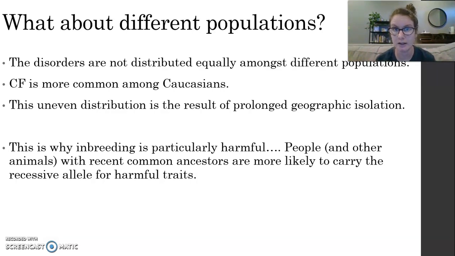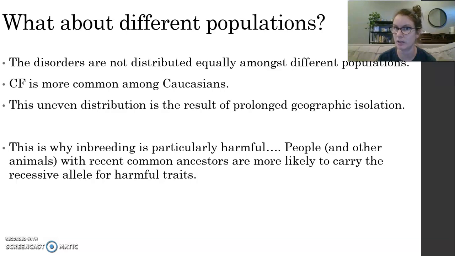On the other hand, this is why inbreeding is bad. This is why incest is bad. Honestly, the only reason you think incest is bad, and by you I mean us, the only reason we honestly think that is because society tells us it's weird, right? If no one ever told you something was weird, you don't know. But anyway, it is actually genetically bad to have incest or inbreeding, not just among humans, but also among animals,